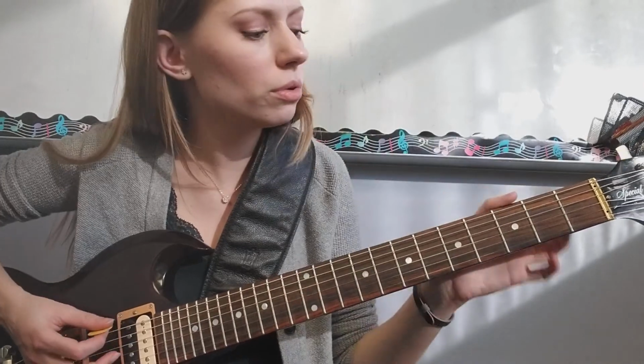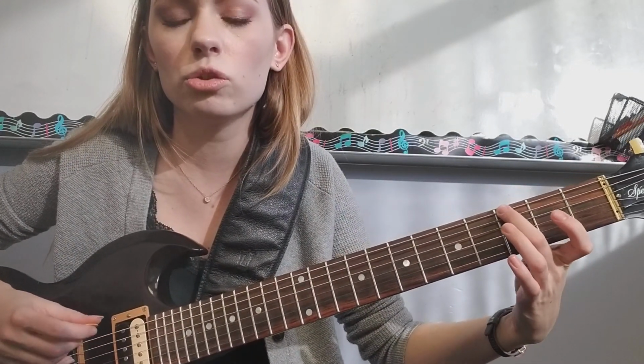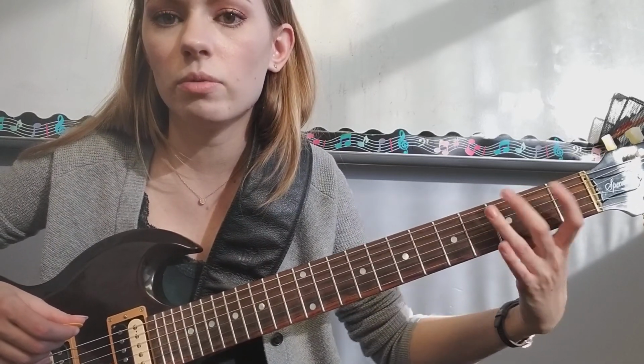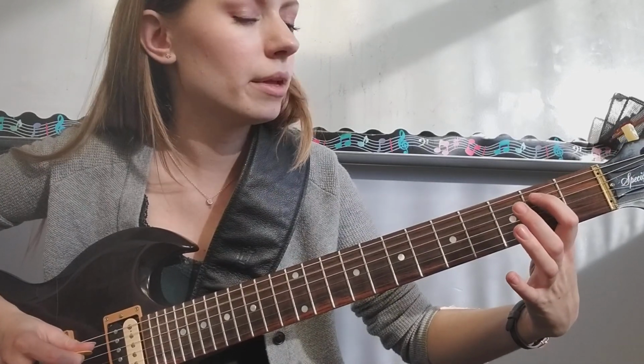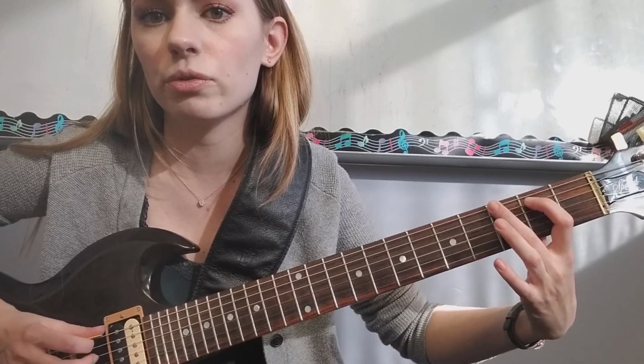So we're going to put those pickup notes together right now. We're starting on the note G right here on the low E string. That's the 3rd fret, and again, either your 2nd finger or your 3rd. So decide right now which one you want to try. I'm just going to stick to 1 and 2 here. The first note is that G on the low E string, 3rd fret. Then we have an open A, and then we've got a B on the 2nd fret of your A string with the 1st finger. So if we add that in, we get